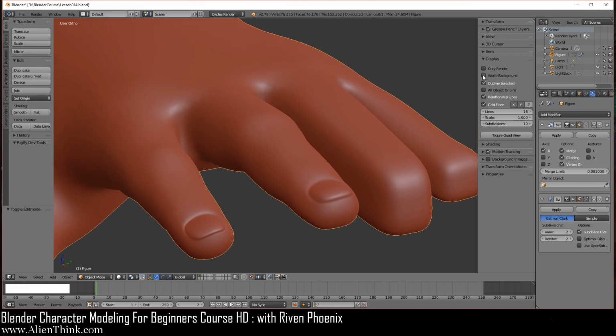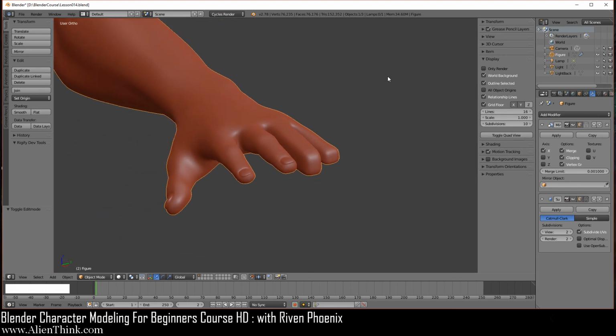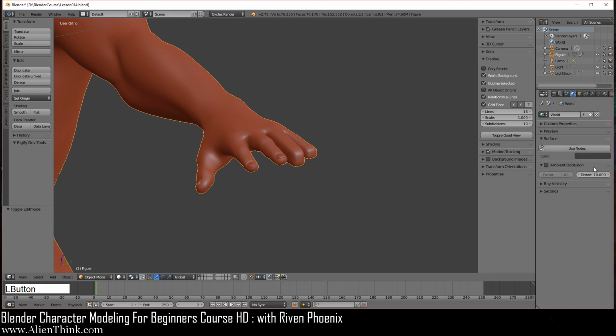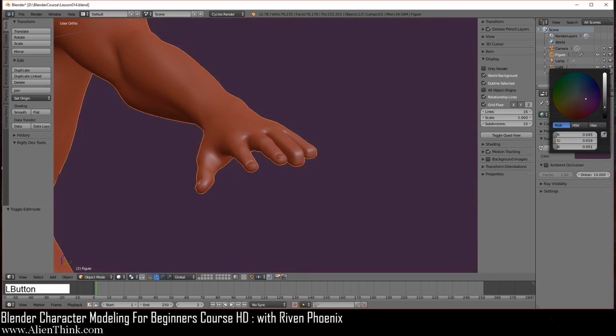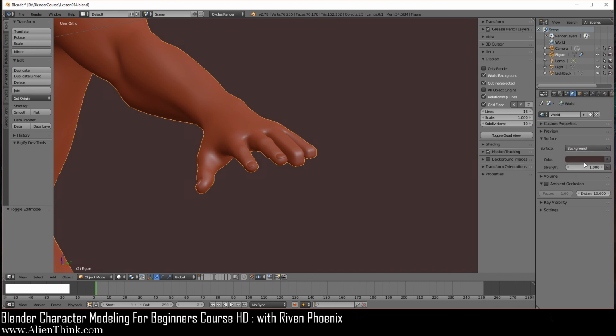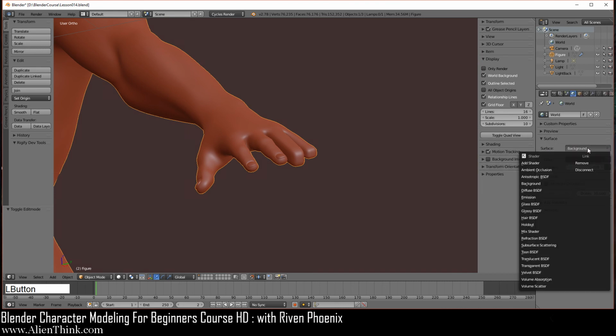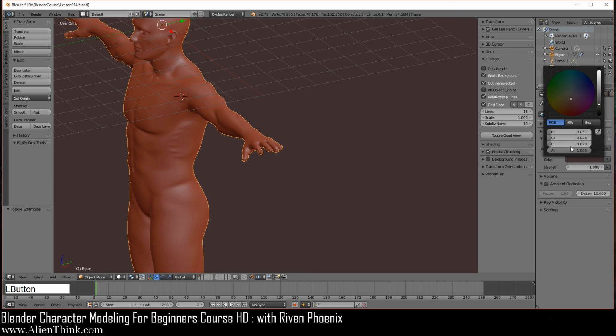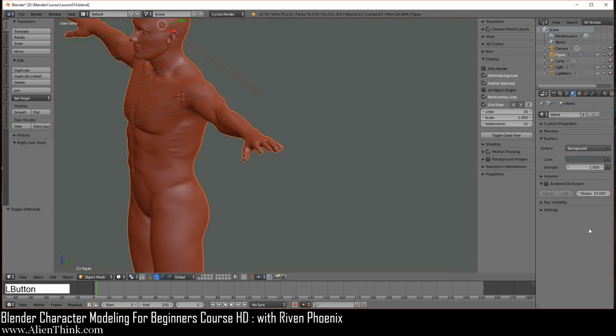Okay, and of course world background means that you can add a background into your world over here. Look, if you hover your mouse, it says this is the world. Over here you can actually change the color. Okay, and you can use nodes. Again, what this means is you can get really complicated here as to what you want to show in the background over here. I'm not really going to go into too much detail into that right now. Just wanted to make you alert that this is over here, right?